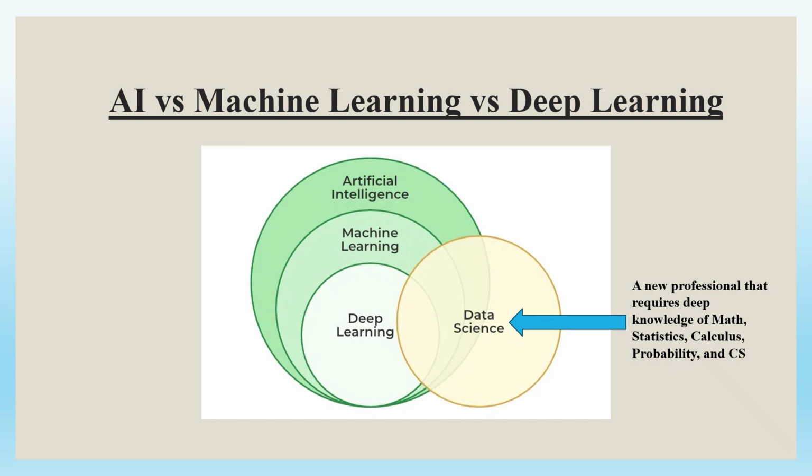Then there's data science, which really goes over all the circles, but also extends outside of the AI because of the math and the statistics part of it. So you see now the circle that says data science. This is the new skill that's required now in order to join, I guess, the staff of AI scientists and developers.